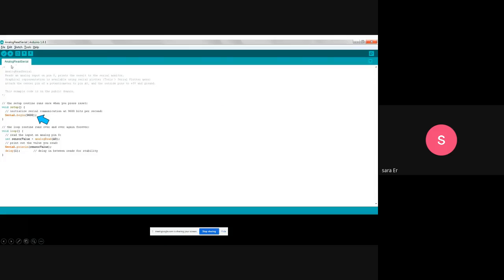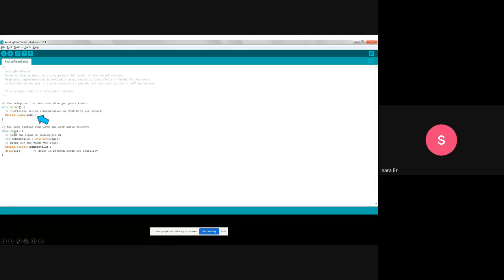Here, the AnalogReadSerial example, and this is the baud rate. Baud rate is the rate of communication, the rate of communicating bits per second. It could have a different number, but here this is enough for us for this communication.